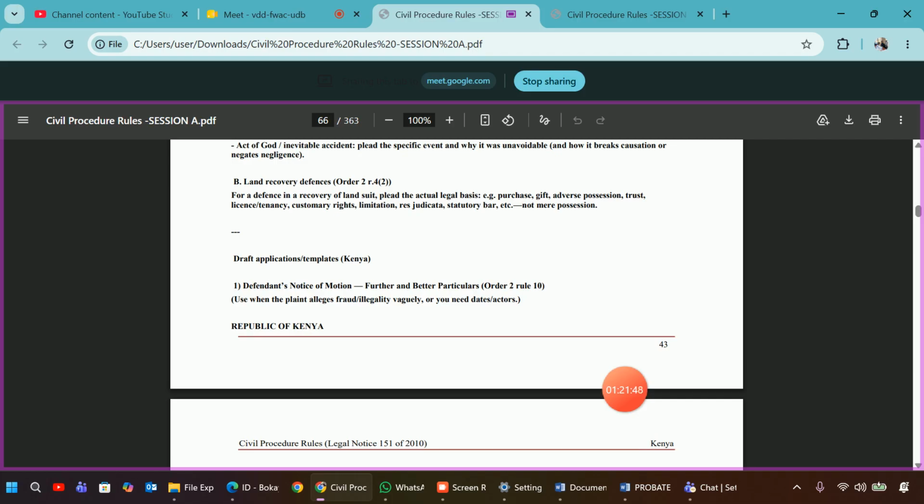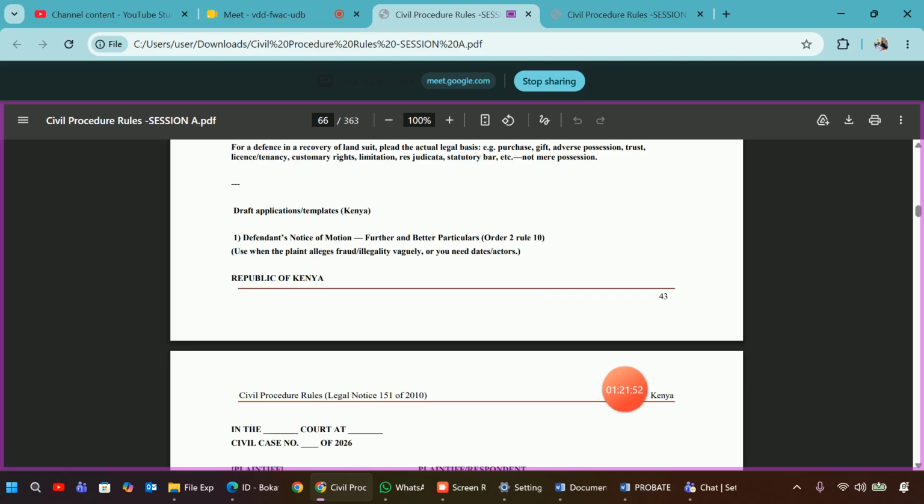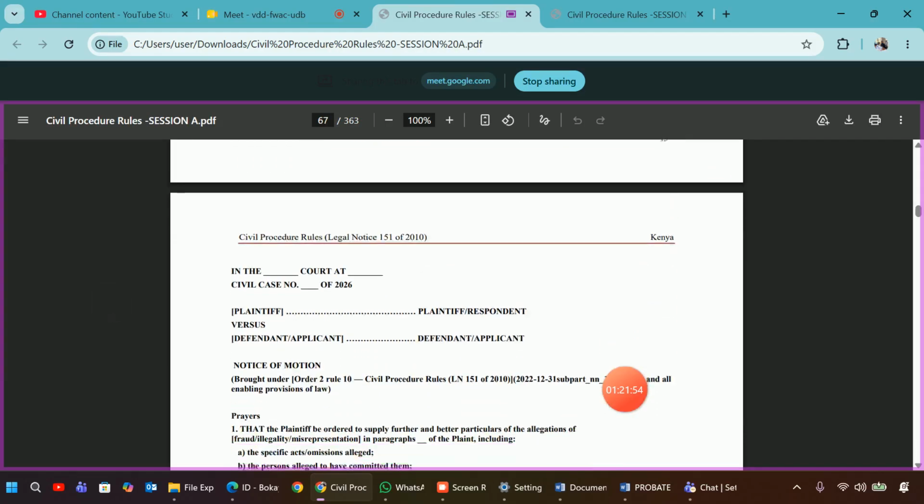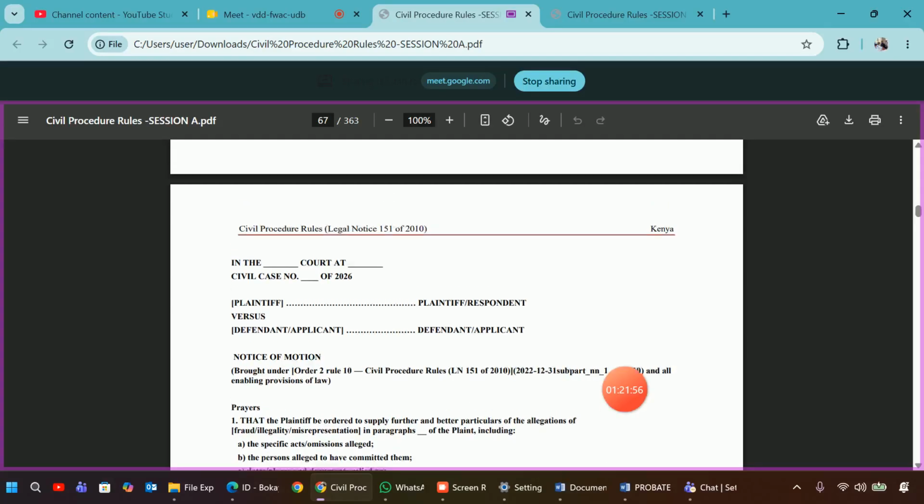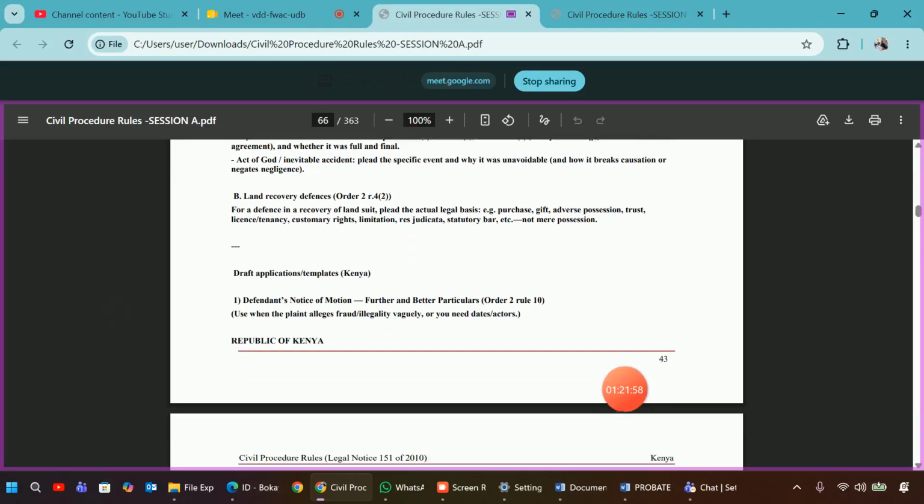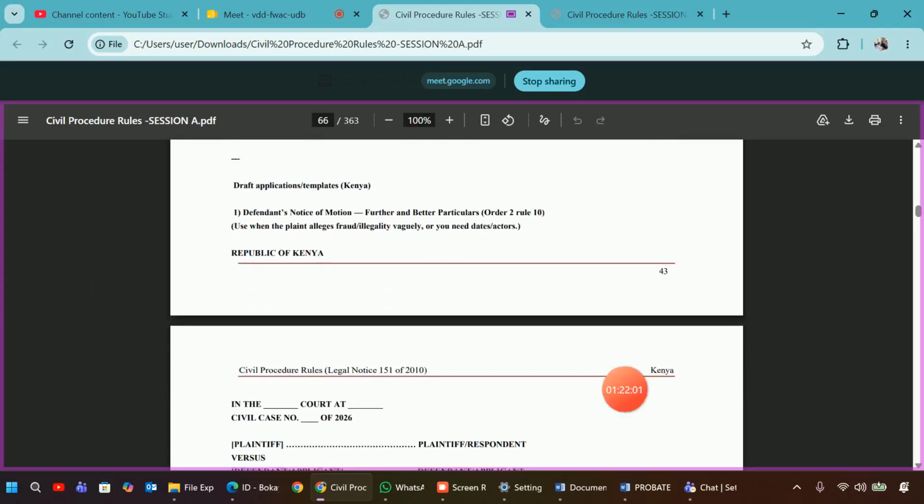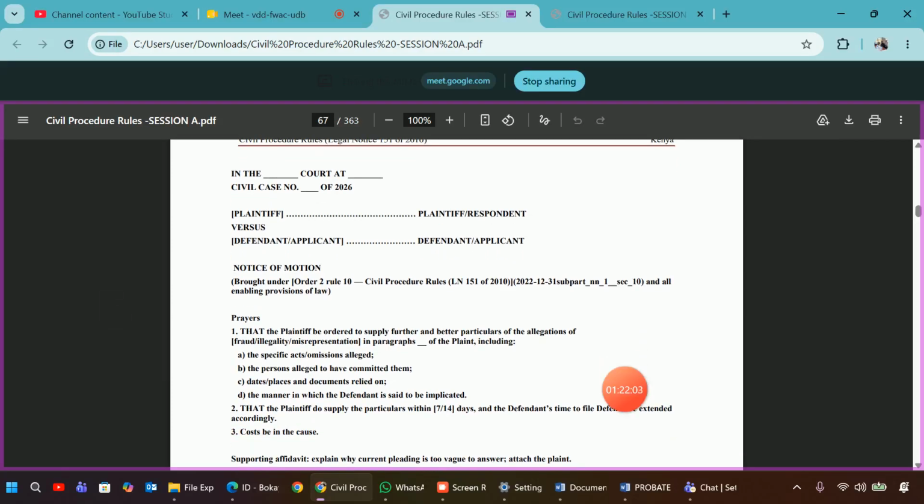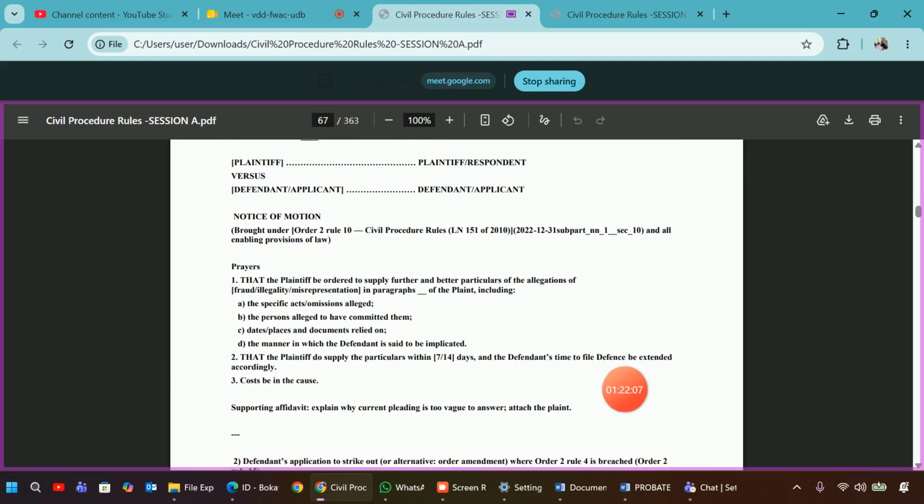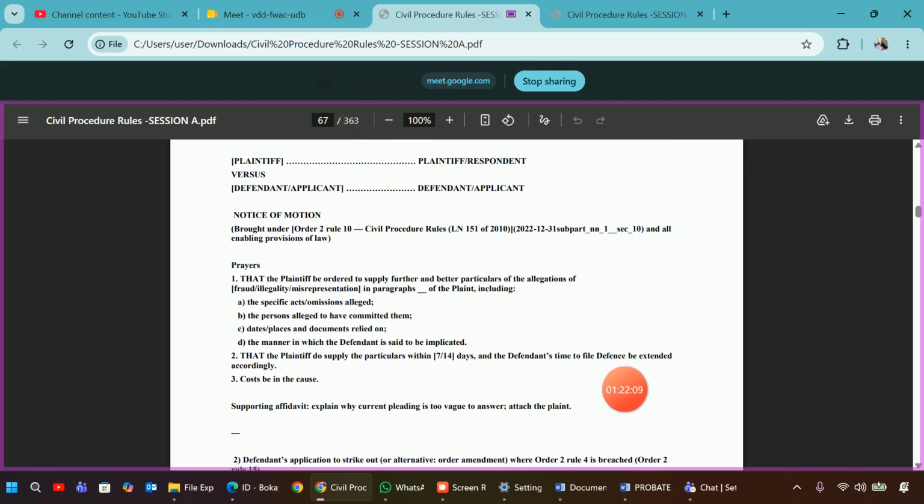So use it when the plaint alleges fraud or illegality vaguely, and you need clear dates and actors. The law allows you, as the defendant, to make an application requesting further and better particulars, brought under Order 2 Rule 10. So you pray that the plaintiff be ordered to supply further and better particulars of the allegations of fraud and